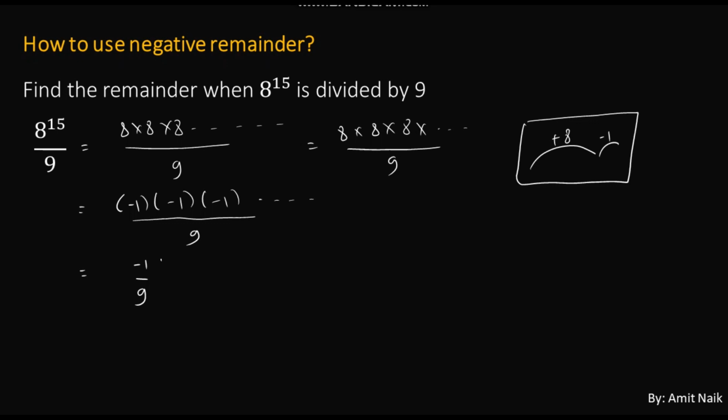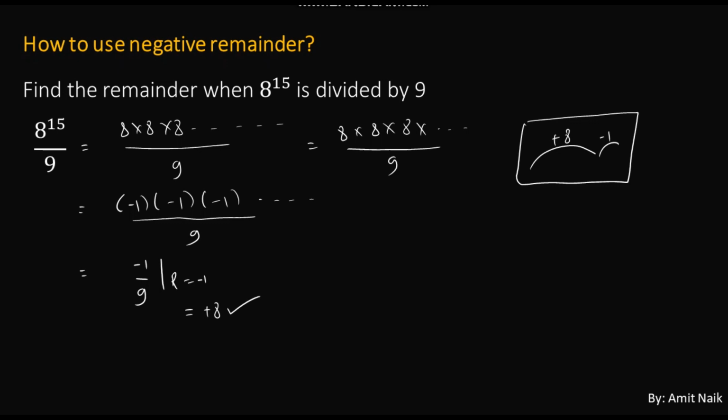Now the remainder in this case has to be minus 1 itself, because the numerator is smaller than the denominator. So now once it is minus 1, and I also told you that the answer is always to be written in positive remainders. So if the remainder is minus 1, then it is plus 8. So the answer is plus 8, because we prefer always the positive remainder as the answer.